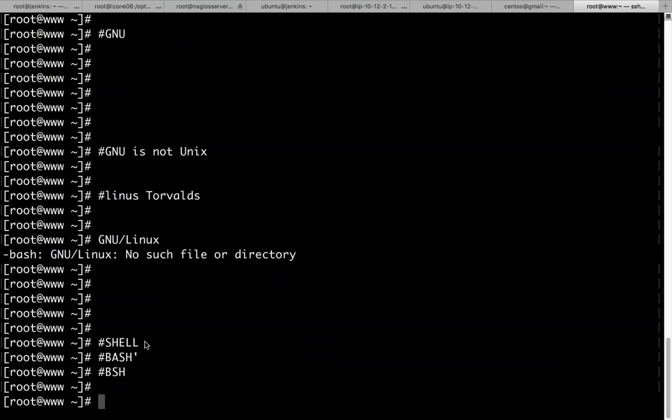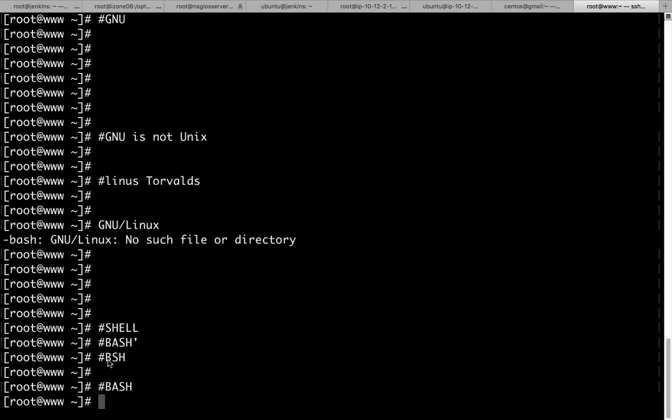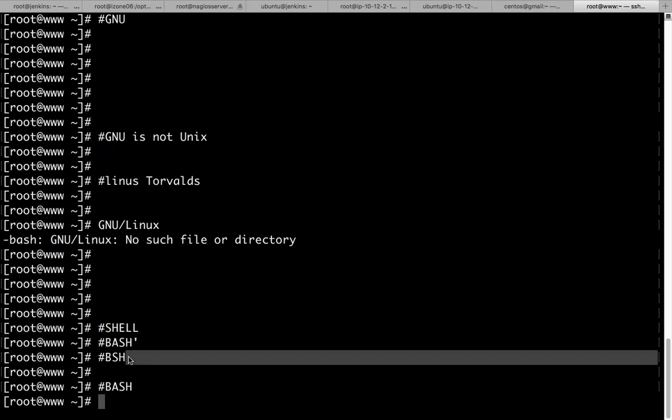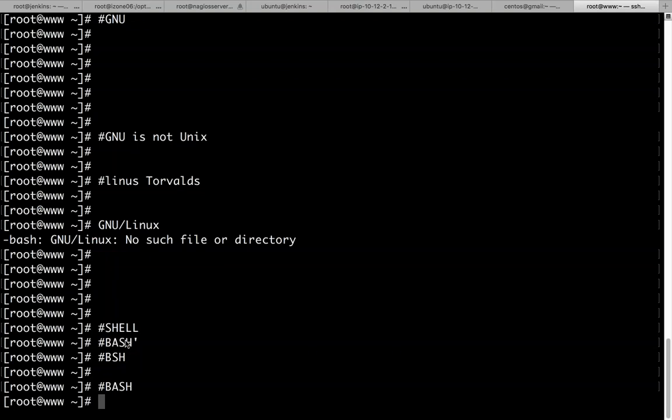Now, when Richard Stallman and his team started to write replacement programs, they replaced Bourne shell with Born Again shell. Bash stands for Born Again shell. Of course, they had to rename everything to something GNU specific rather than Unix specific because GNU was not Unix. So they named it Bash rather than Bourne shell, BSH. That is Born Again shell.